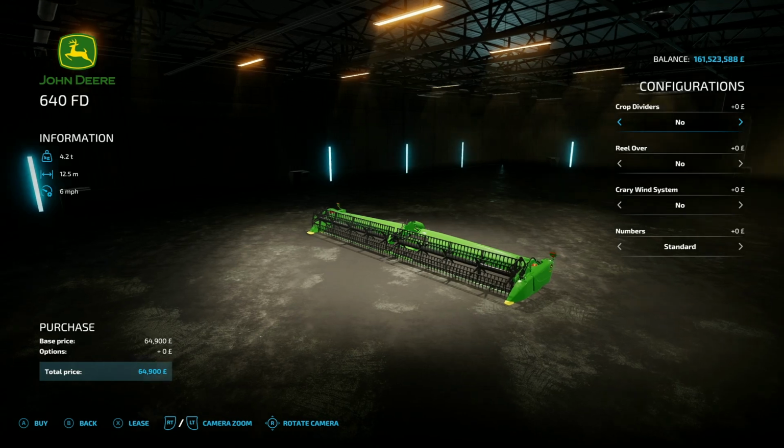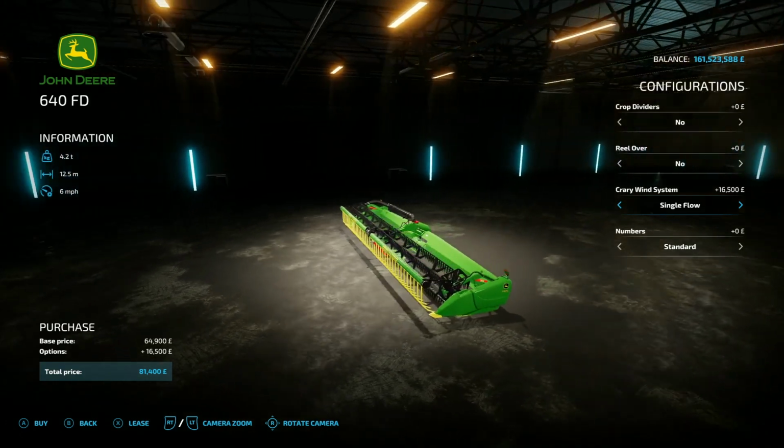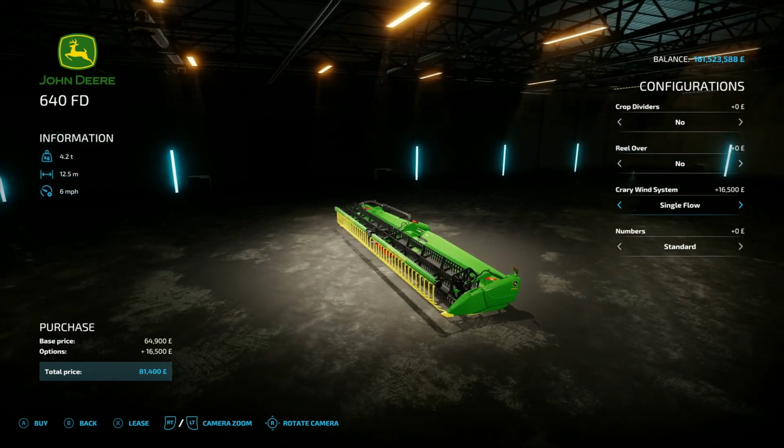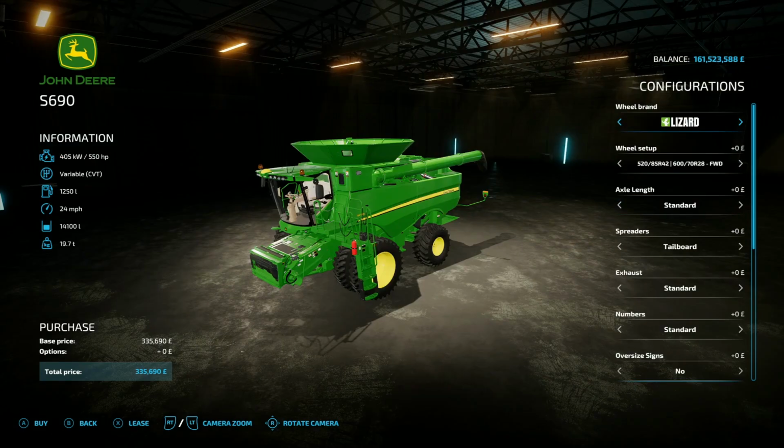12.5 meter working width. Oh, that's ace. And obviously have it on, have the wind system on. I know it doesn't do much in the game, but it just looks awesome. Oh, excellent. And to go along with these headers, we've got the John Deere S600 series combines, also by Custom